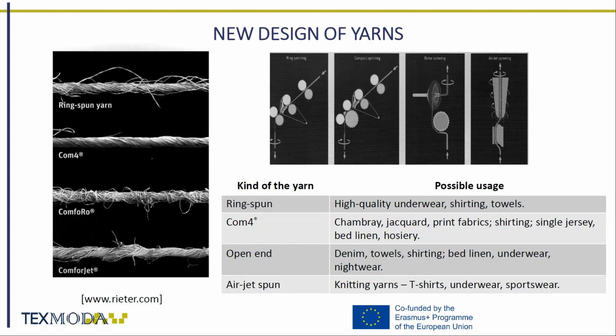Modification of the ring spinning frame by using an additional roller in the drafting zone allows spinning yarns with a more even structure, which Ritter named as COM4. Ring spinning is a comparatively expensive process because of its slower production speeds and the additional processes, roving and winding. Open-end spinning methods overcome these problems by separating twisting and winding processes.